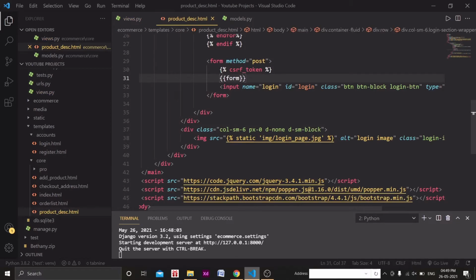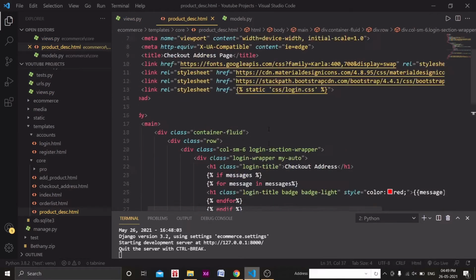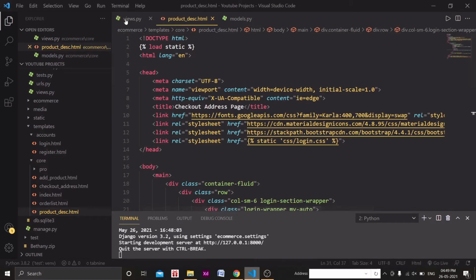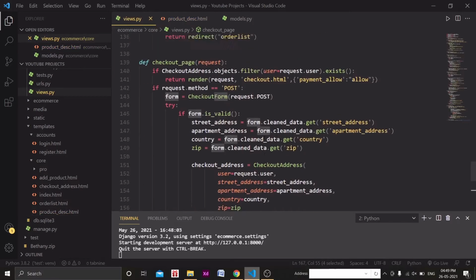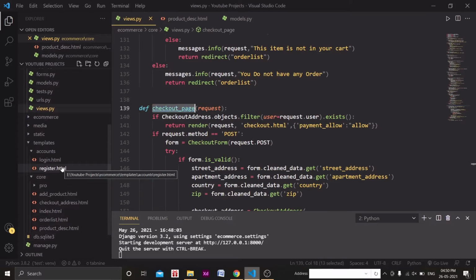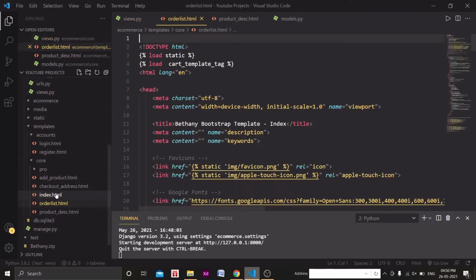Now let's see if everything works fine or not. Before that, we need to give the URL for the product description page, right? So let's go to the product description page, this checkout page, that's what we want here. So where is that URL? I think checkout page was the same as the URL name, and we need to give this in the order list page, right?